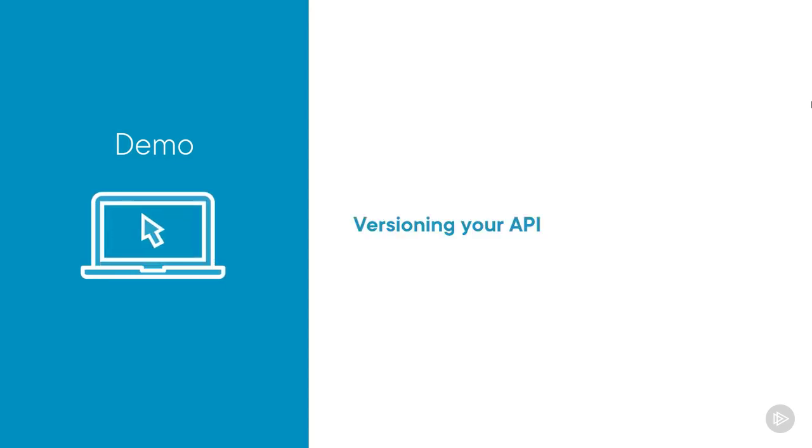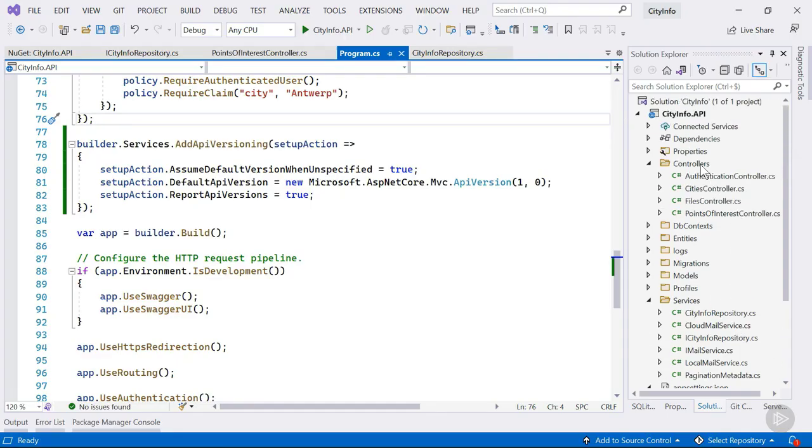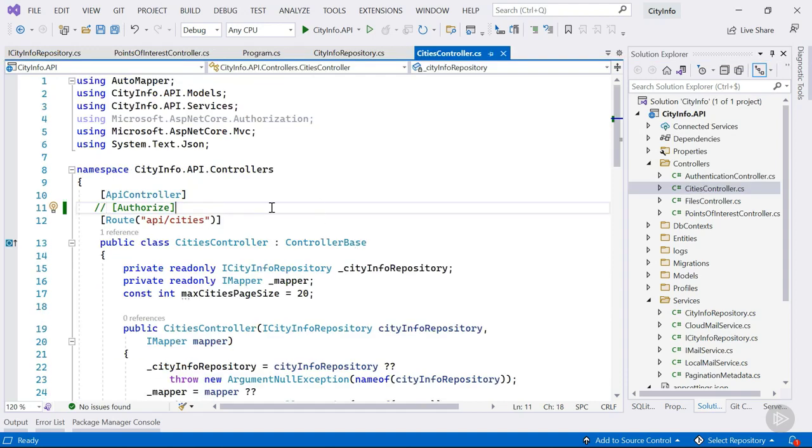All our resources default to version 1. We can change that with the API version attribute. Let's open our cities controller. Let's say that we want cities to be a version 1 thing and points of interest to be a version